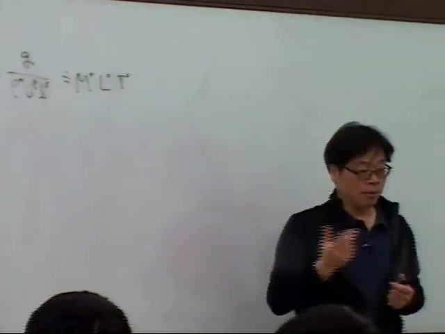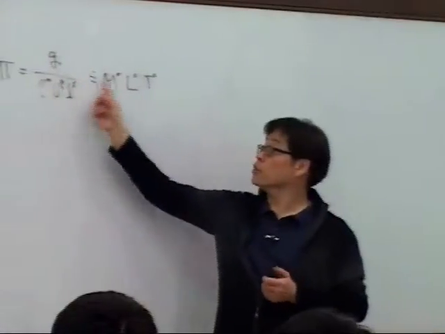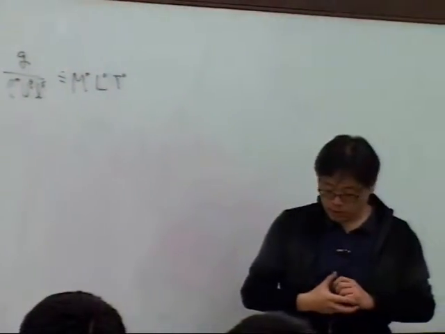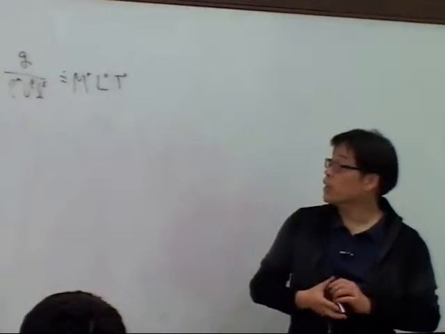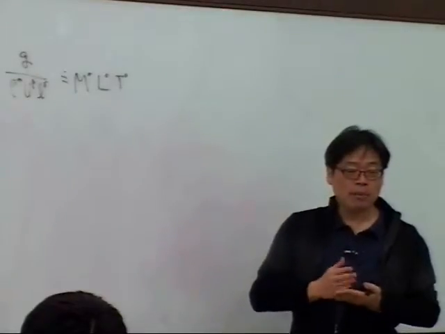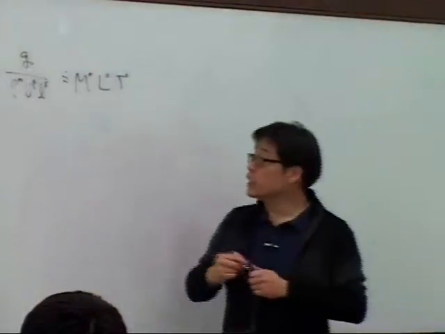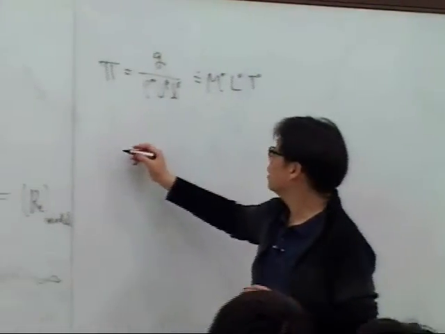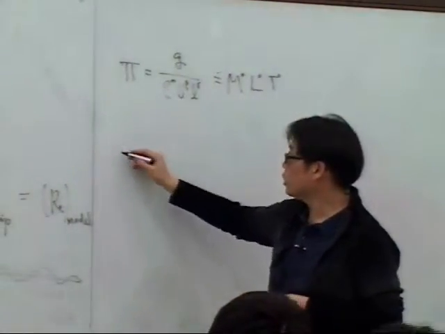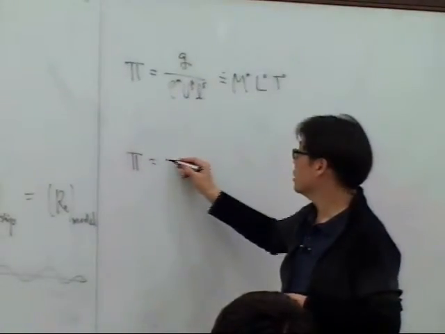That's how we chose alpha, beta, gamma, because we have 3 equations for 3 unknowns, and you can determine alpha, beta, and gamma uniquely. And when you go through this, then you realize the pi term that you are looking for is